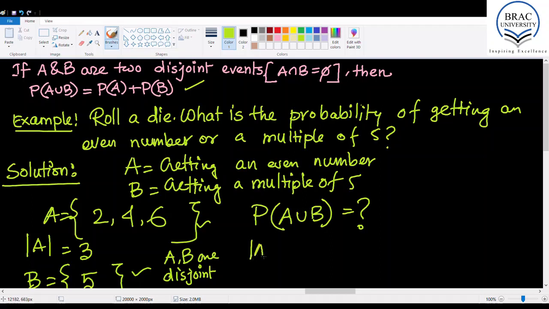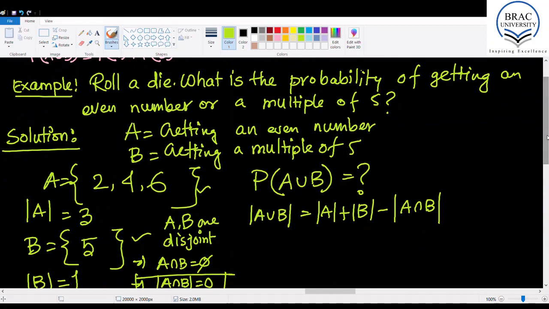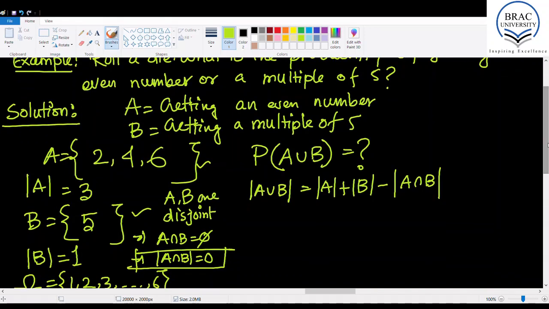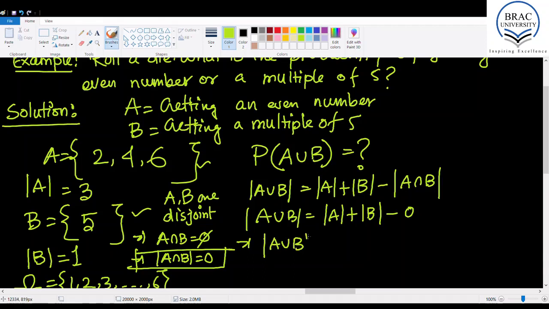So the principle states that cardinality of A union B equals cardinality of A plus cardinality of B minus cardinality of A intersection B. All right, since these two events are disjoint, we know that A intersection B equals phi, so it has no element in it, so the cardinality of A intersection B equals 0, so we can write it like this. So finally we can deduce from this line,